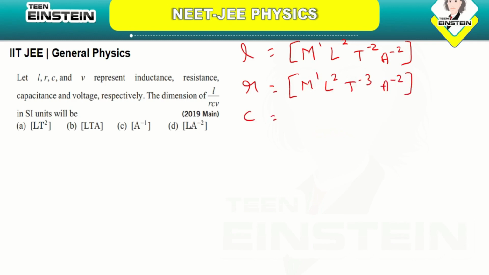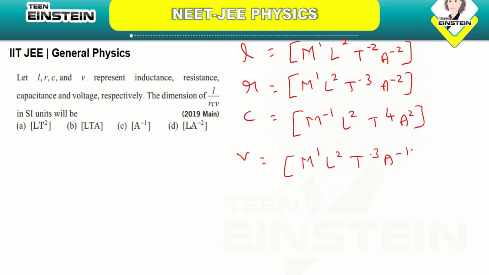Similarly, the capacitance C is equal to M power minus 1 L power minus 2 T power 4 A square, and for voltage it is M 1 L square T power minus 3 A power minus 1. Okay. So here you want the dimensions of L by R C V. It is L by R C V is equal to,